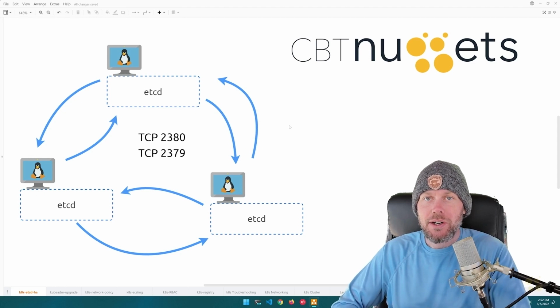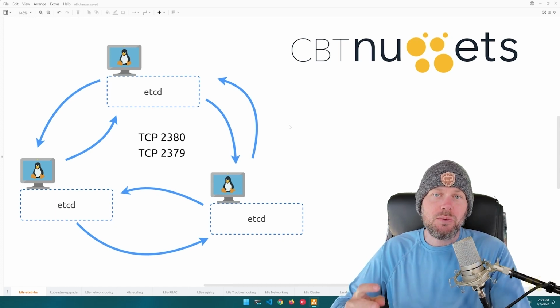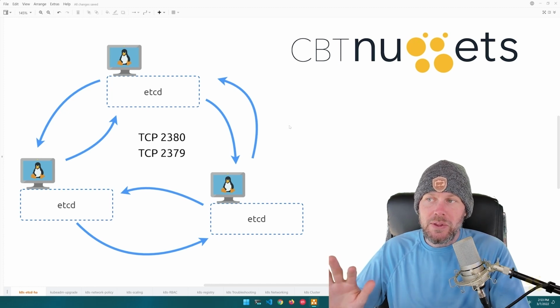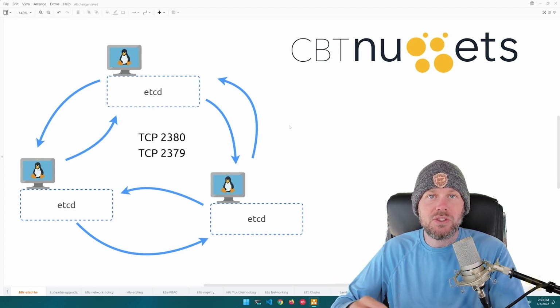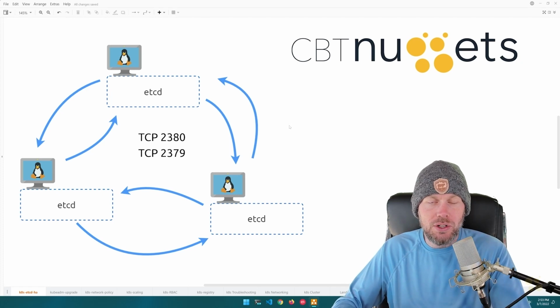In this skill, we are going to be talking about the etcd key value store. Now, etcd is the default key value store that is used to back a Kubernetes cluster. So when you provision different resources into your Kubernetes cluster, the etcd key value store is where it's going to place all of the different resource configurations and track and monitor the state of those different resources within your Kubernetes